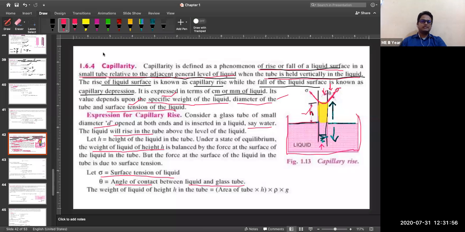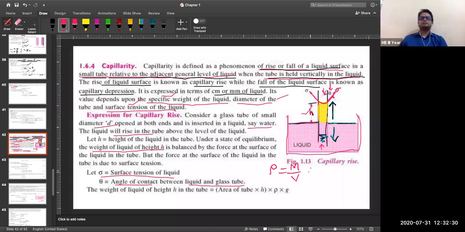If you know the density of liquid is given by rho, so you all know that basic formula: density equals mass by volume. First you have to calculate mass. Let me write here, then you will be able to understand. Density represented by rho is equal to mass represented by m by volume v.